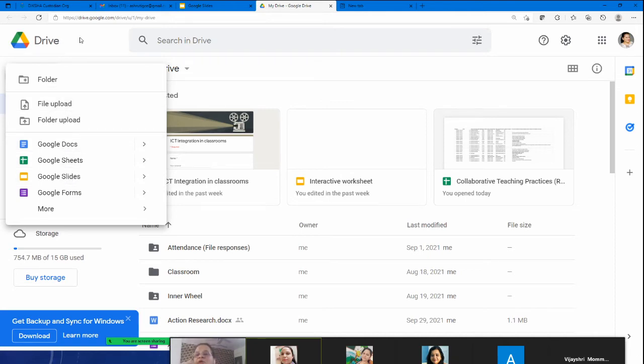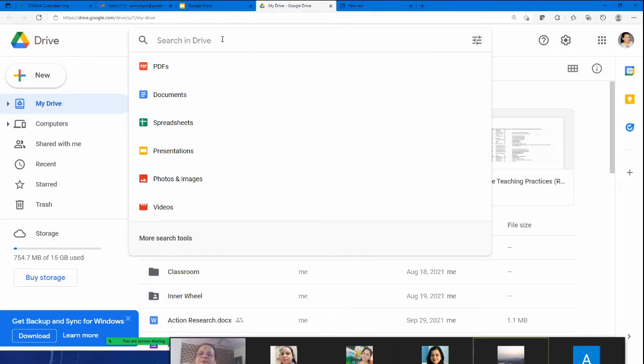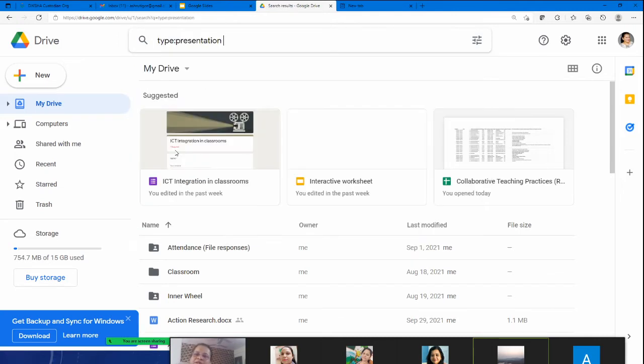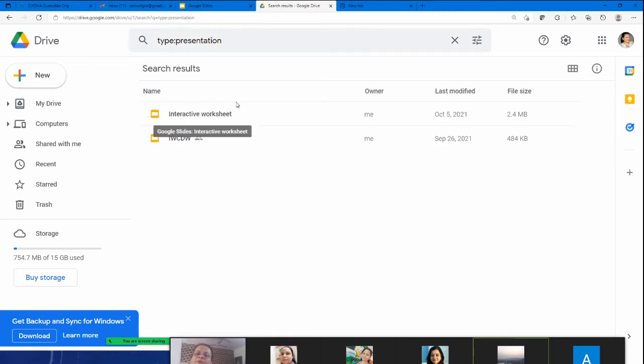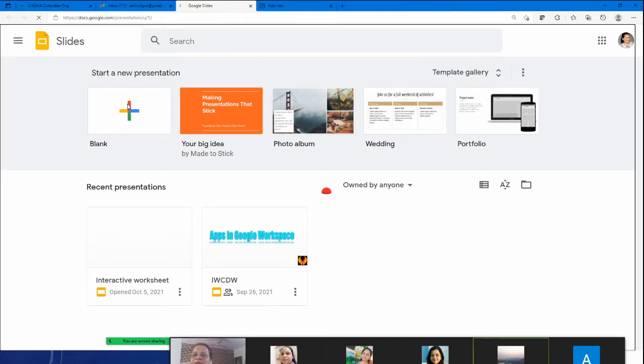In case there is already one on your drive and you want to access that, then you can just simply search for it in presentations. So you'll be able to access that. Okay, so we are going to get a new slide. And I'll create a blank slide.